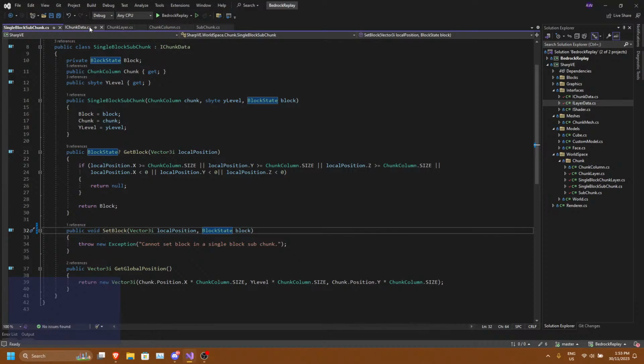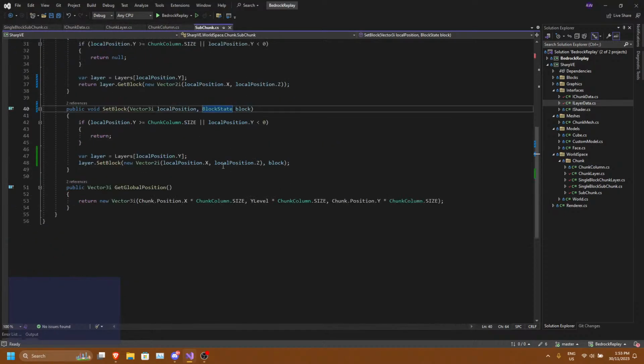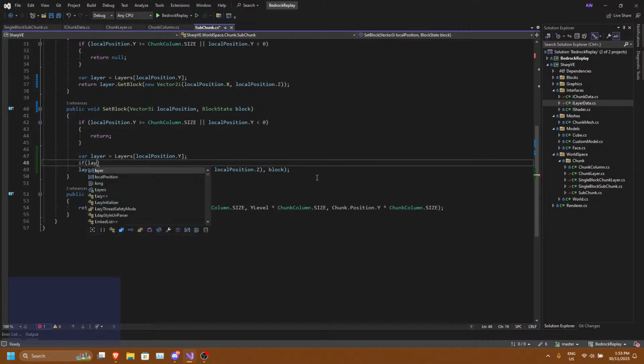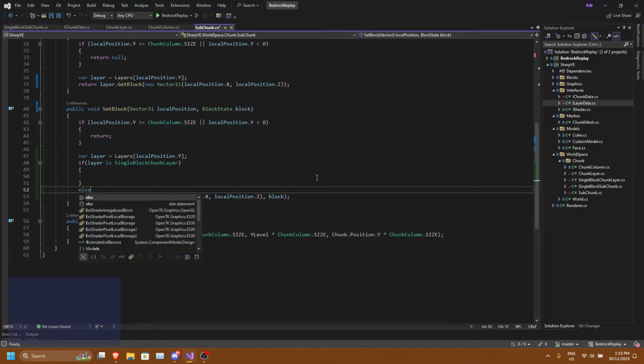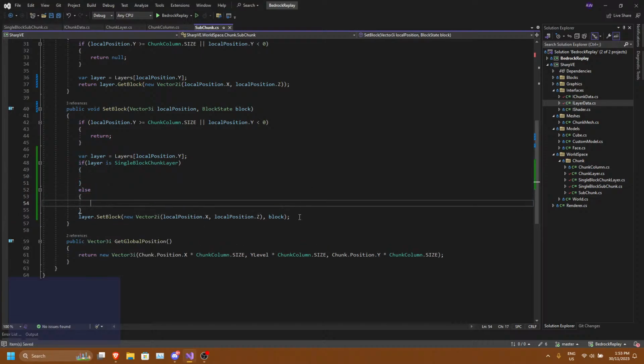Now we have to change this so the subchunk changes it. So if layer is SingleBlockChunkLayer, and then else we do the other thing.